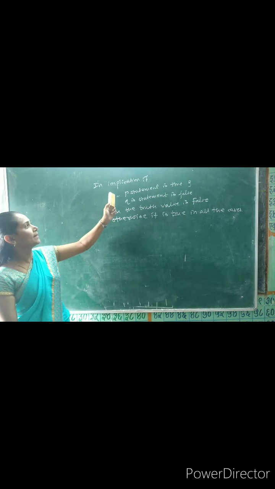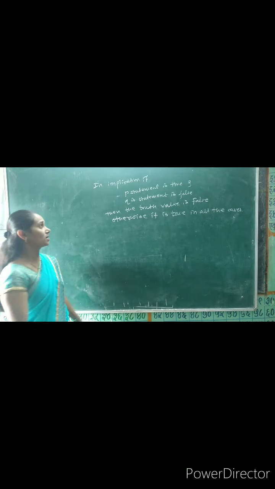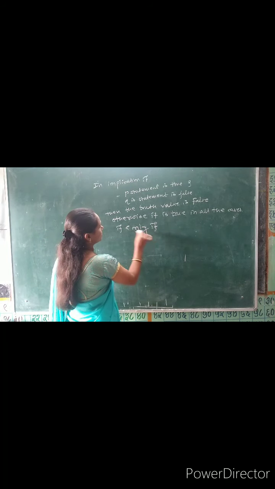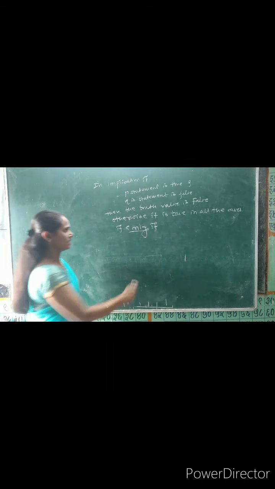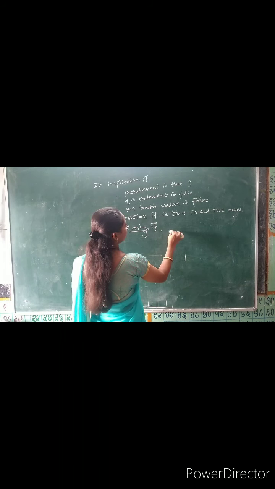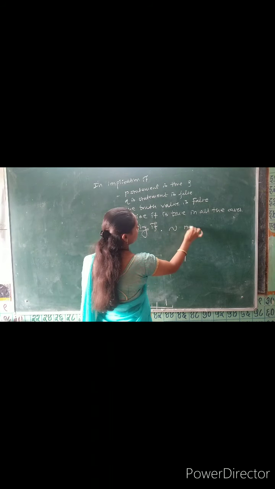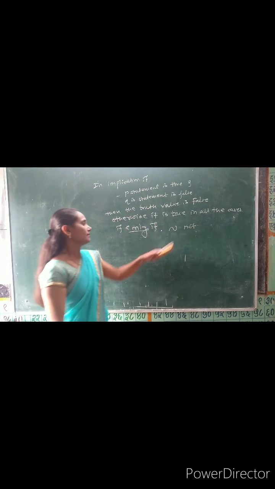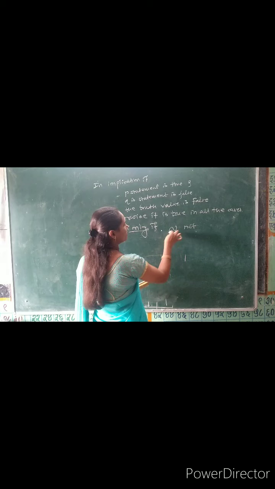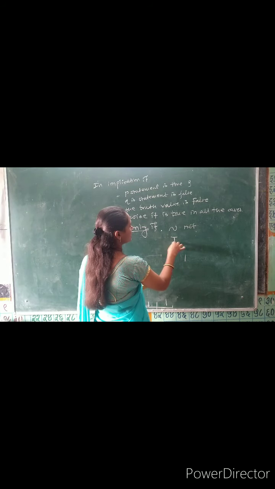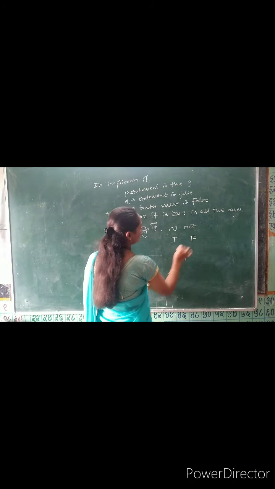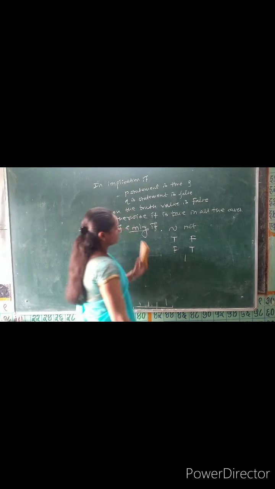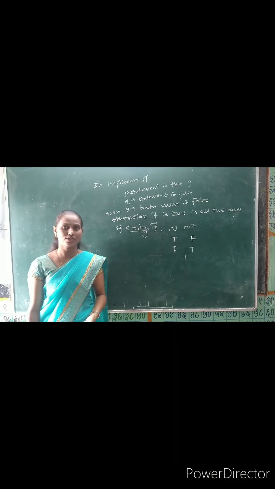The next logical connective is if and only if, and one more logical connective is negation. It is also called not. This can be used on a single statement. It can be used to change the truth value of a statement: if it is T, then it changes to F, and if the value of the statement is F, then it changes to T. These are all taken in the next lecture. Thank you.